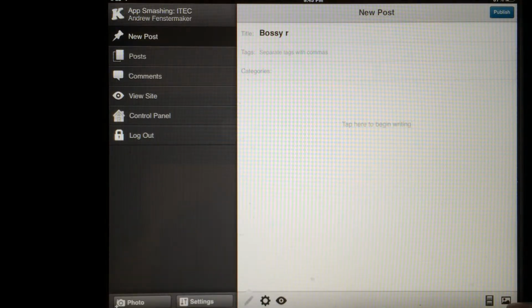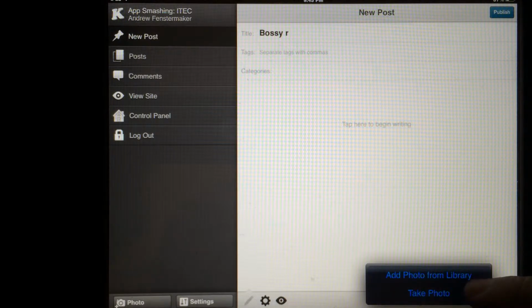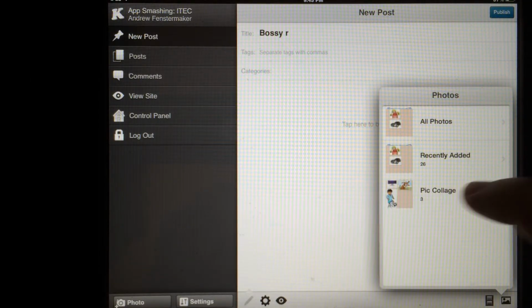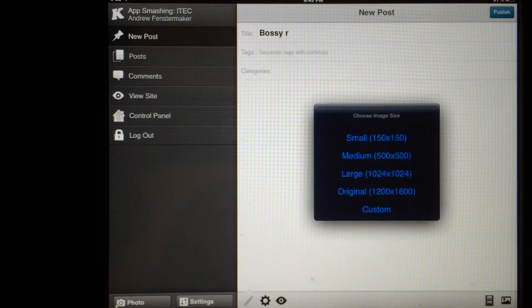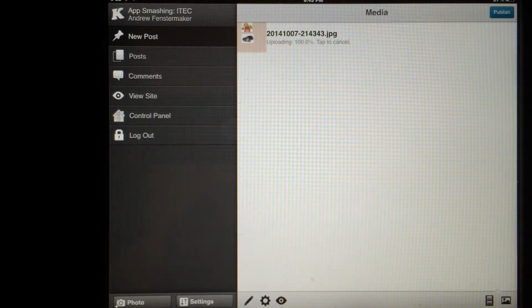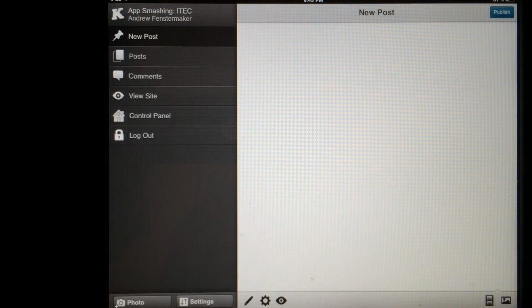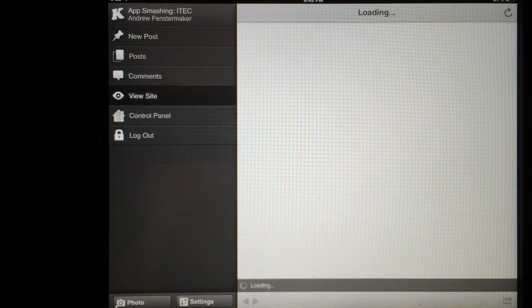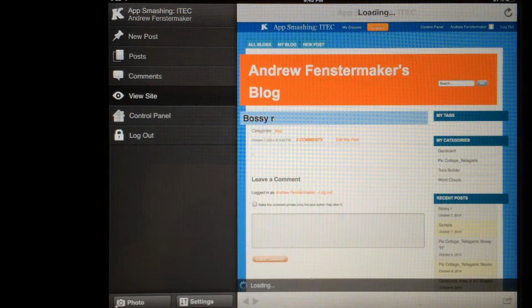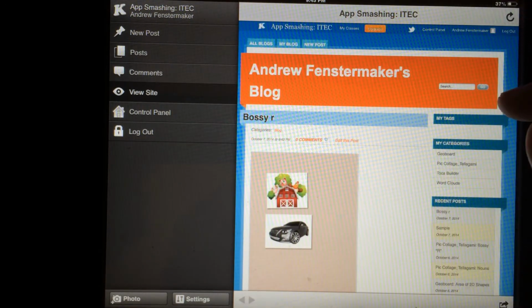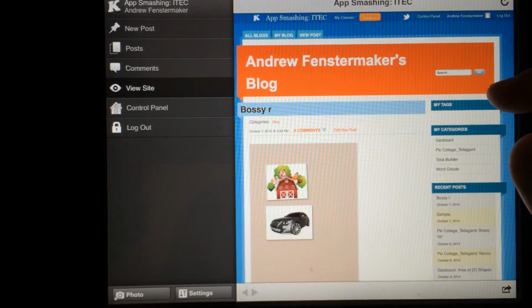They could then, at the bottom, insert that picture from their library. And then we would click on Pick Collage, and then there's our picture that we just created. After that image is loaded, we could go ahead and click Publish and post that to Kid Blog. So again, we used Pick Collage to insert some pictures, and now I used Kid Blog to post that,